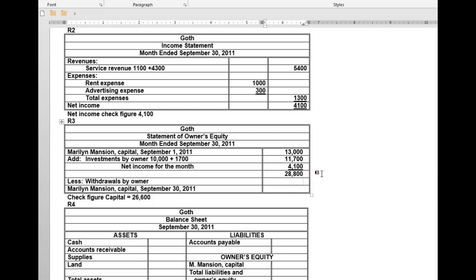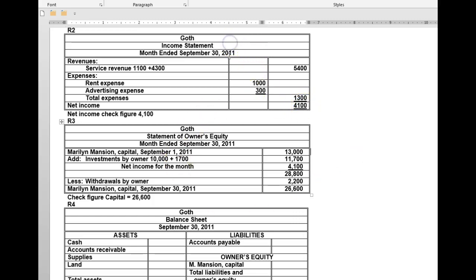What were the withdrawals or the dividends? Well, we paid a dividend here someplace. We paid $2,200, right? Dividend? It was at the very end. I see it, yes. So that means our ending owner's equity is going to be $26,600. Okay, so now we have two statements taken care of.